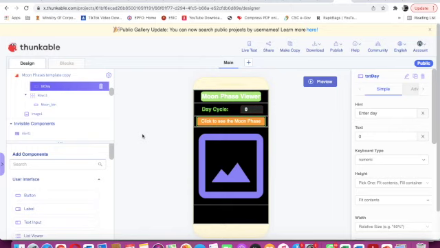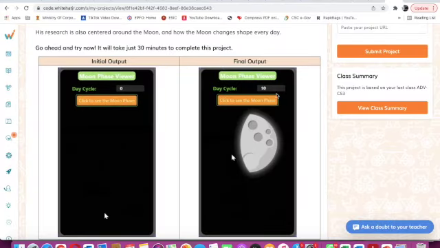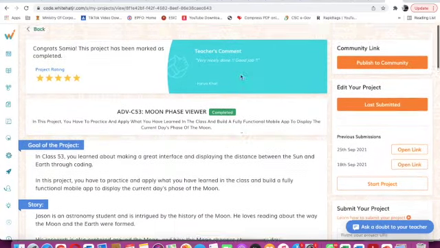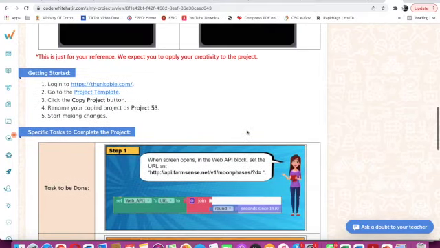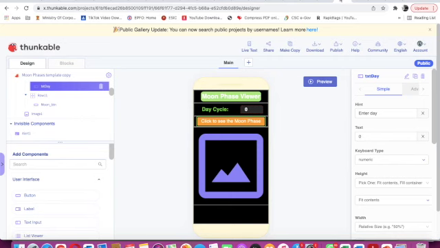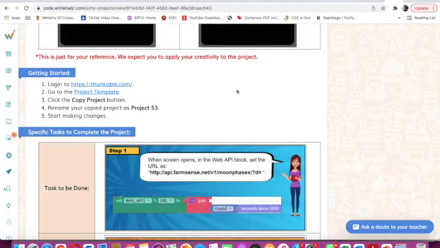Okay, now our project is done. That is not too much, and the designing part is also given here. If we click on start project, the designing part is given, and for more help the project template is also given. So the designing part is already given. If we want, we can design on our own. Okay, so this was our project.